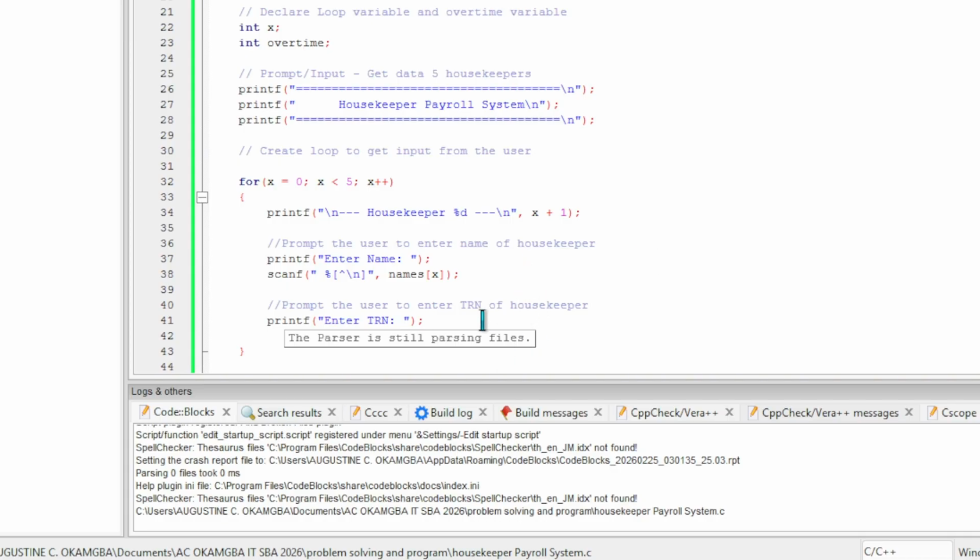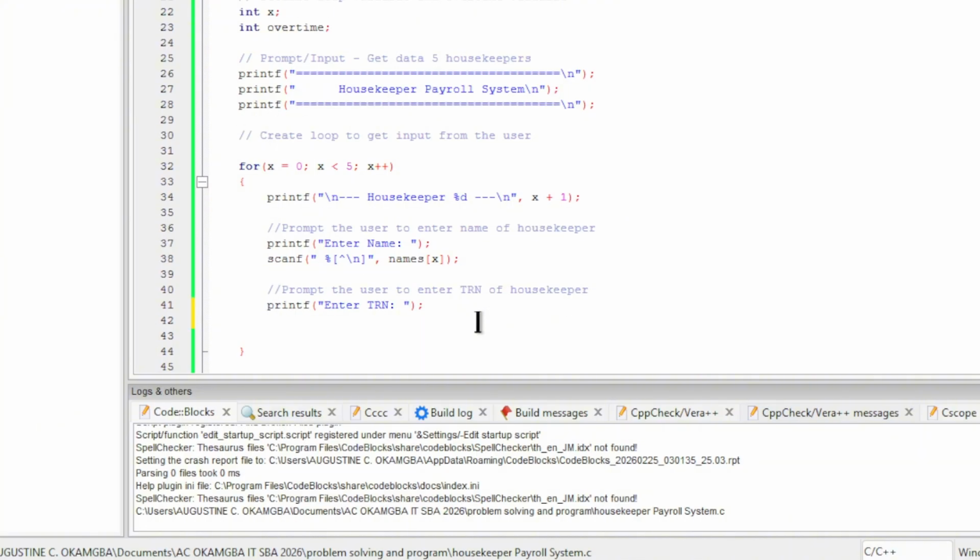What are you passing? The passing files, okay. The next line, remember, scanf is to read or store the data that you've collected in a variable. So here now we are going to open the bracket, and inside the bracket